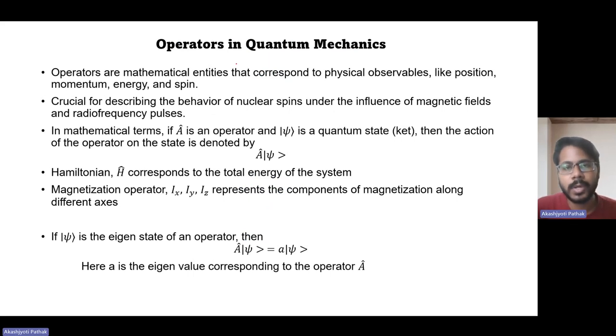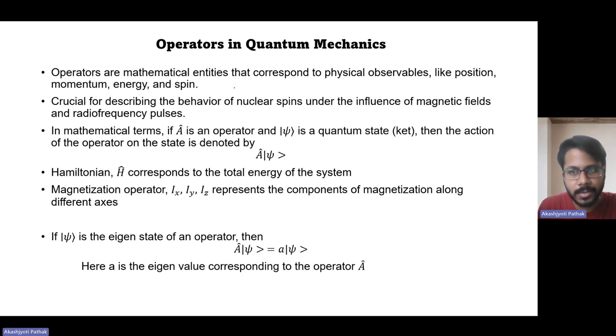Yeah, so first we will look into what are operators in quantum mechanics. So what are operators? Operators are mathematical entities that correspond to physical observables like position, momentum, energy, and spin. So anything that can be measured, like position, momentum, energy, all these physical quantities that can be measured